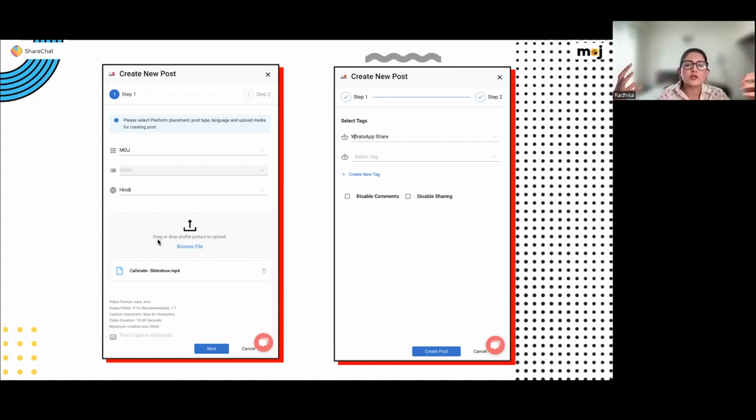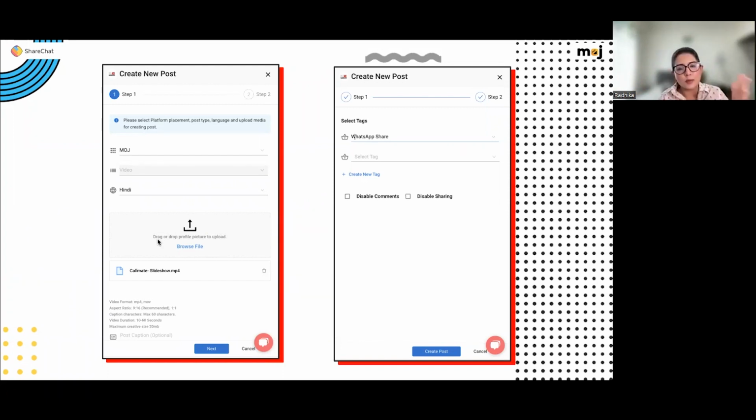So essentially, it's very similar to how other popular social media apps work. Tags are a way for you to reach the right audience who have the right affinity, most relevant to your business, to your post, to your products and services, right? So of course, we already have a very rich list of tags to select from in our drop down. But if you still feel that you want to add something more specific, or you have a very different or unique product, you can always go ahead and create a new tag as well.